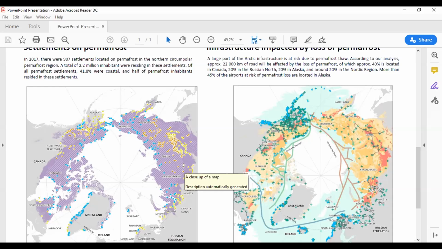And there are a few studies, yes. We have a colleague working with these issues in the Russian Arctic, especially looking at population projections, but they are very few. So for this study, we could not find any circum-Arctic study looking at population projection. That's why we used accurate data from 2017.